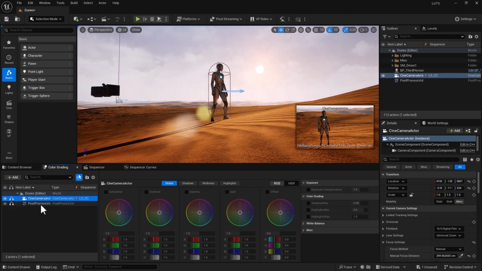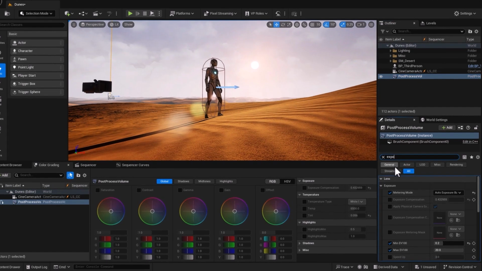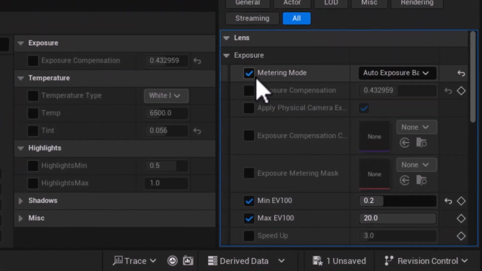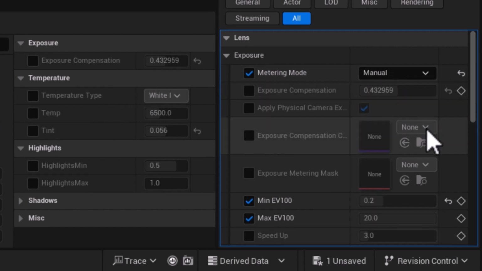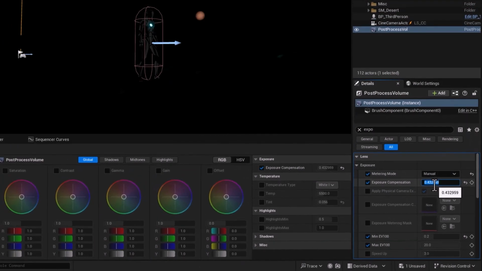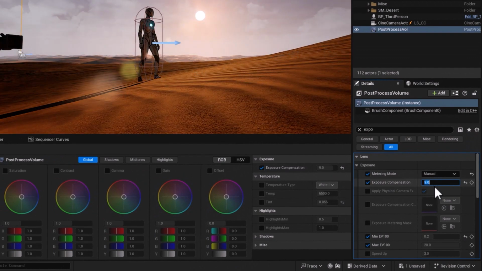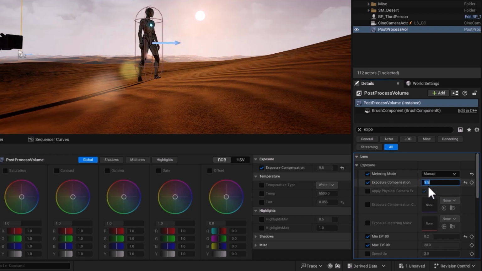For example, if I go to post-process volume in here and just type in exposure, you can see my exposure metering mode is set to auto. I can certainly set that to manual. And then I have this exposure compensation, which allows me to adjust the exposure, fix exposure in Unreal Engine, something that we more or less use